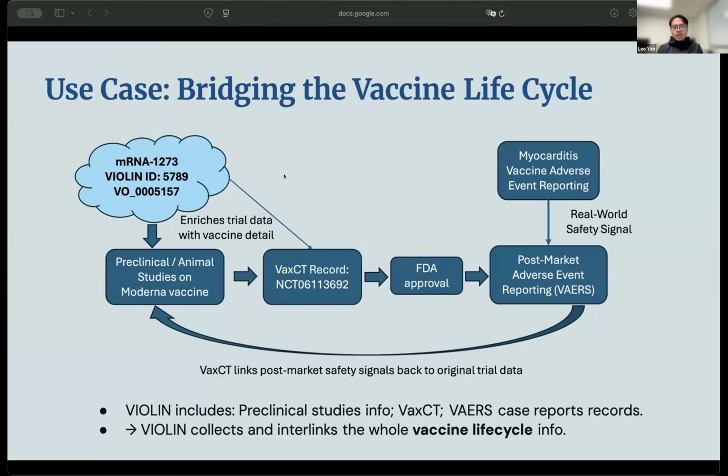So now let's look at the use case of this in bridging the vaccine life cycle. For example, we may be interested in the safety profile of a specific vaccine, such as the Moderna mRNA vaccine. Some studies may show a higher than expected number of myocarditis reports following the administration of Moderna, or maybe some that show no statistically significant association. So prompted by this specific post-market signal, we can then turn to VaxCT to investigate the pre-market